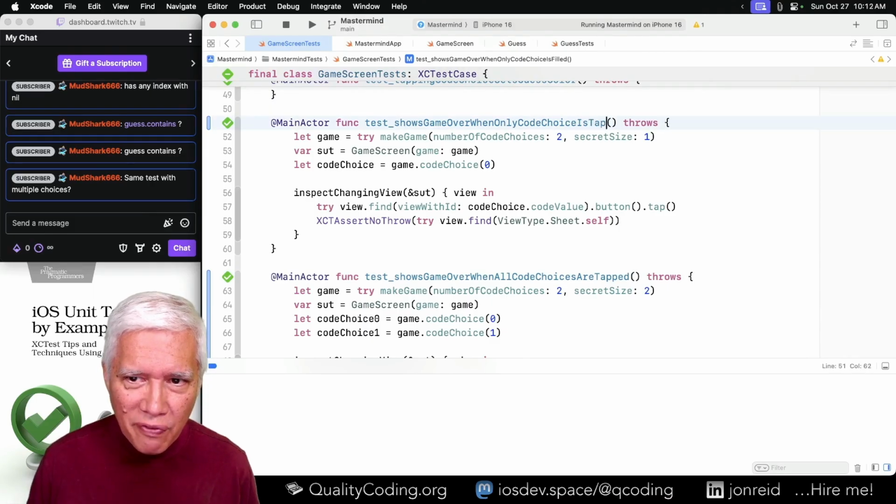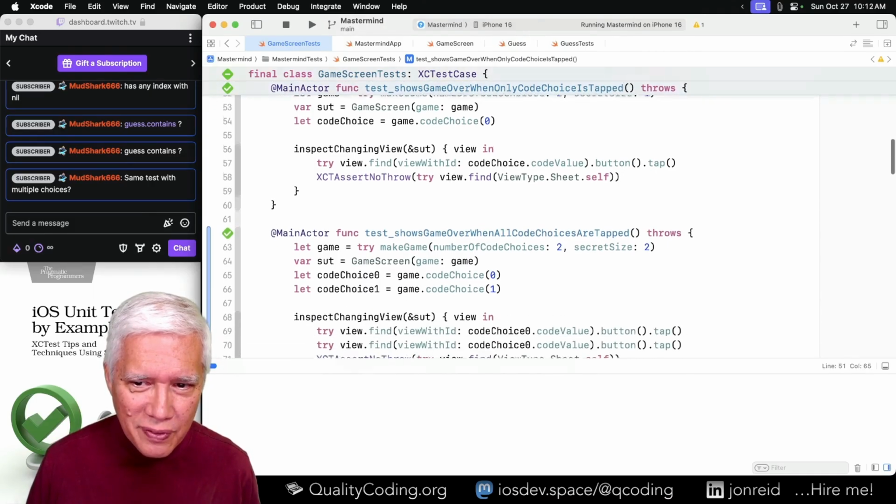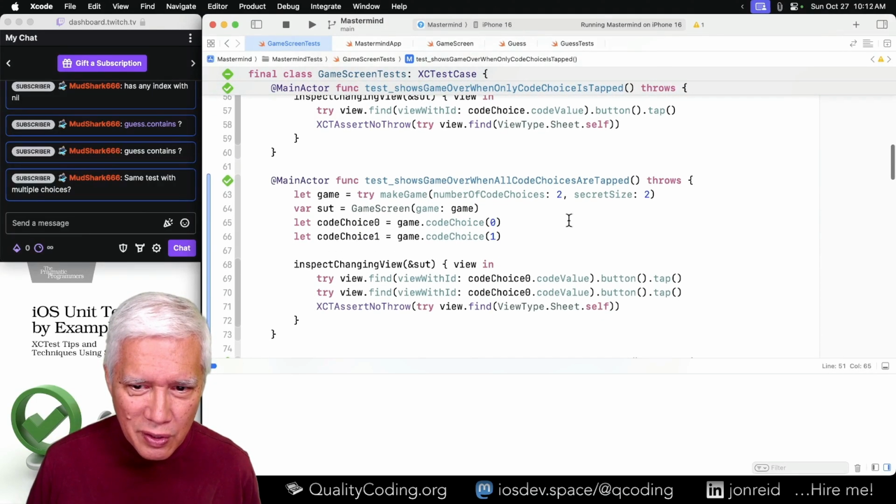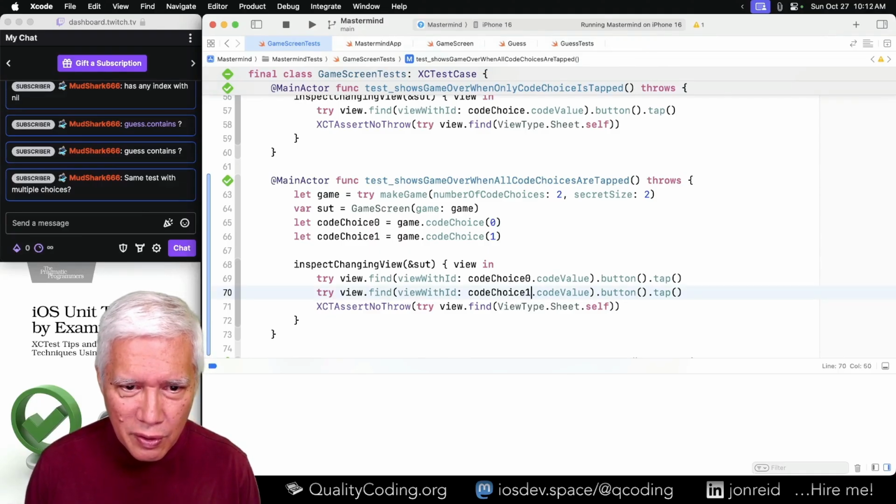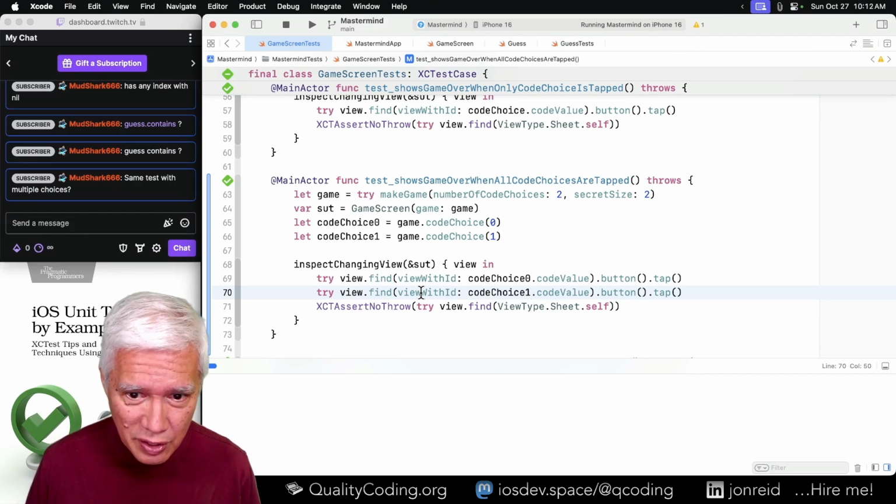It's not really about filling the code choice. It's tapping the code choice. So if we tap code choice 1, oh, first thing is that when we tap code choice 1, it should not show the sheet.